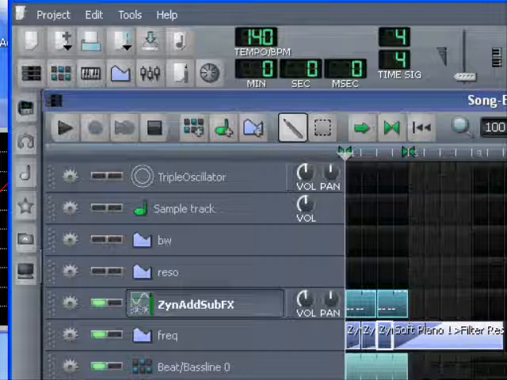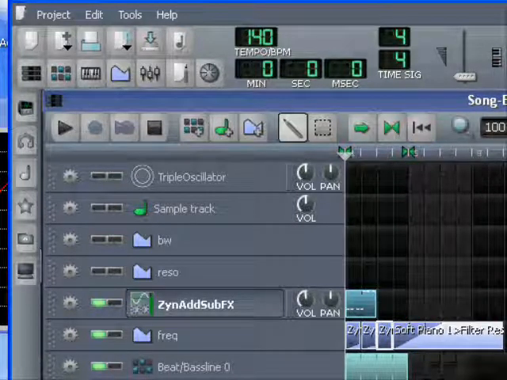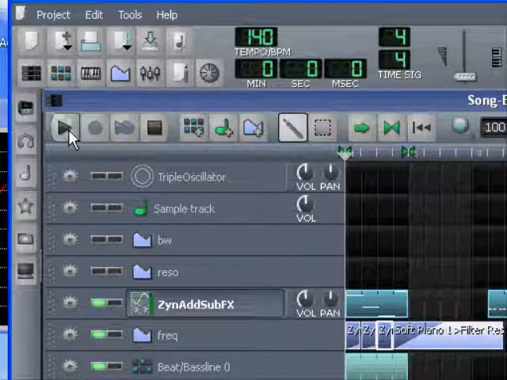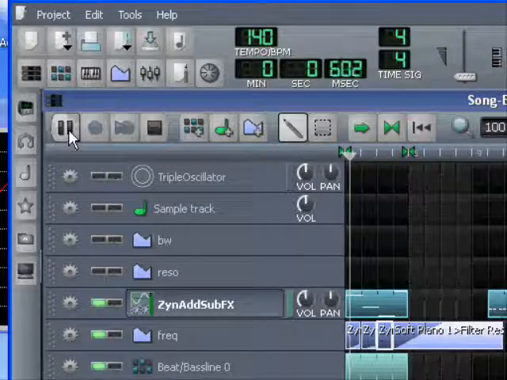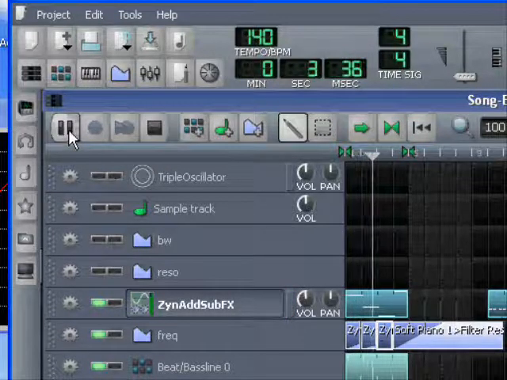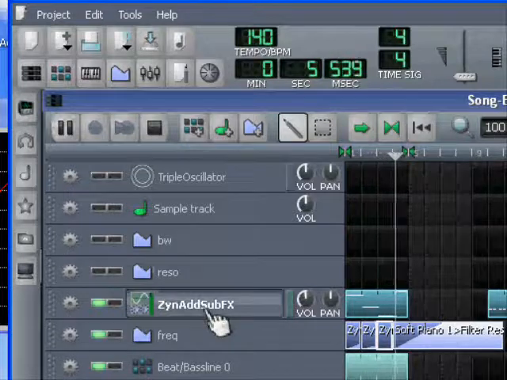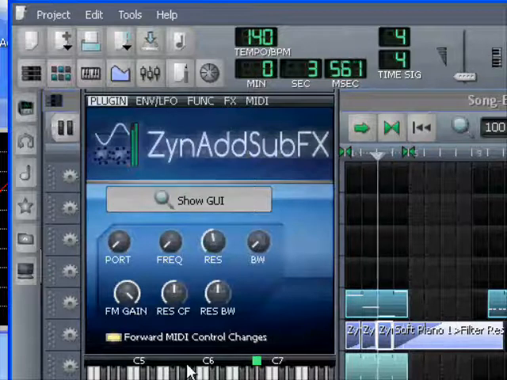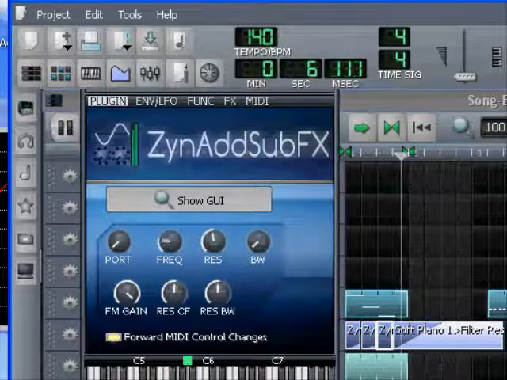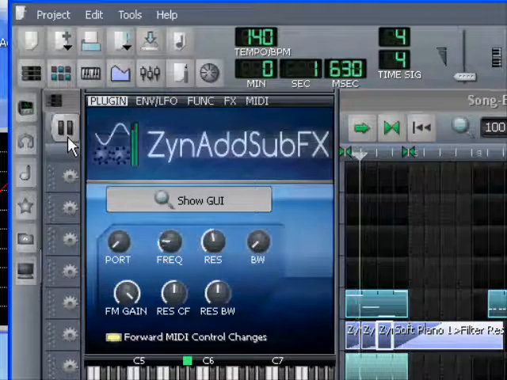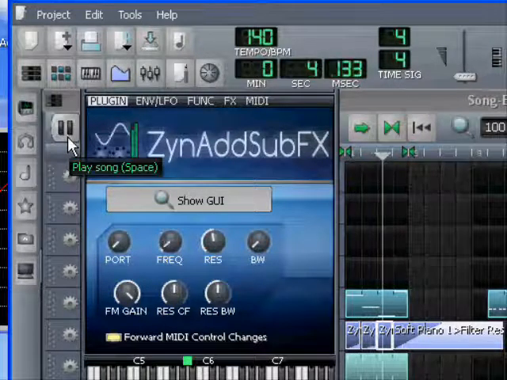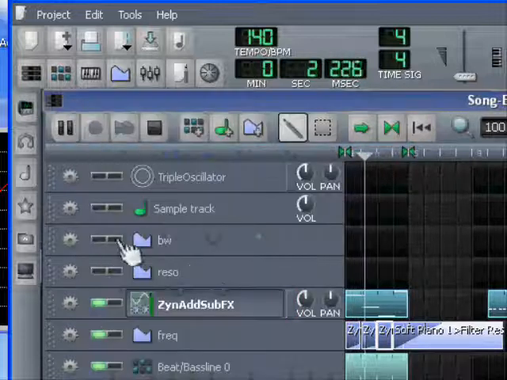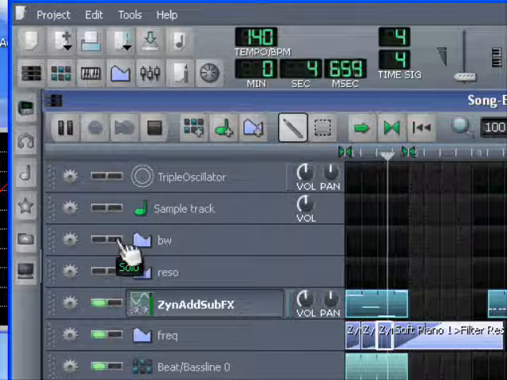And I think I also have out here one with like bass notes. That's too low, so we just change